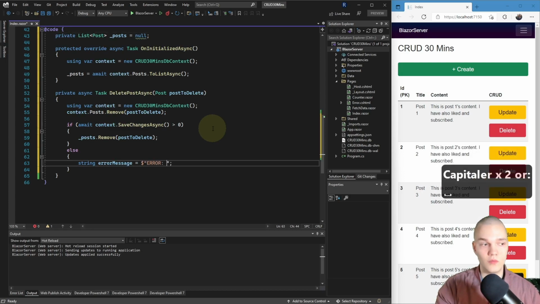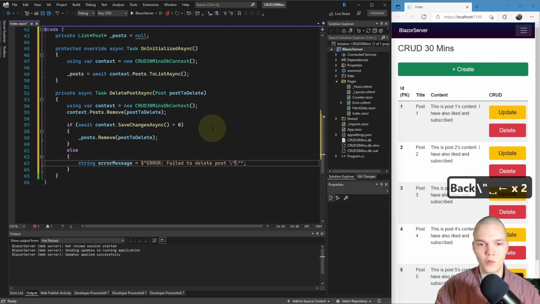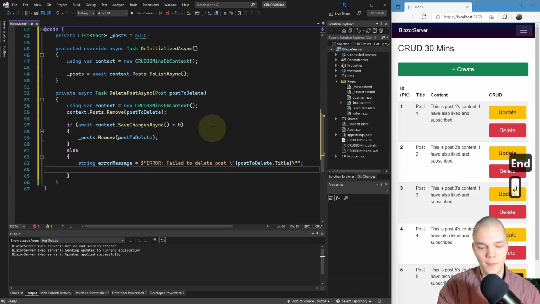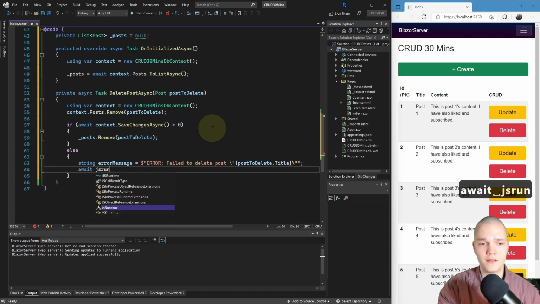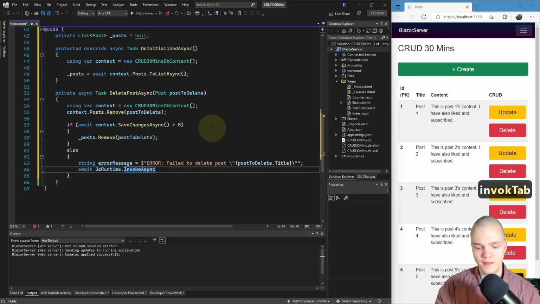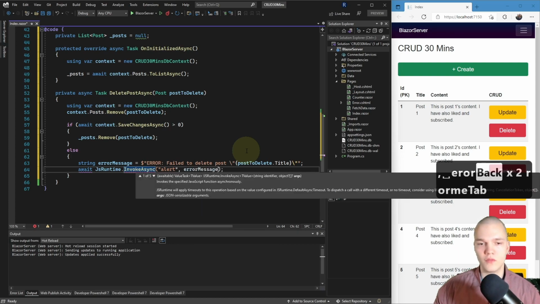I'm just gonna set it to "Error: failed to delete post", and then I'll add quotes for it, and then pass in the postToDelete.Title. Okay, there we go. And then I'll do await JSRuntime, and I'm gonna invoke InvokeVoidAsync, and we're gonna invoke the built-in alert function and pass in the error message.